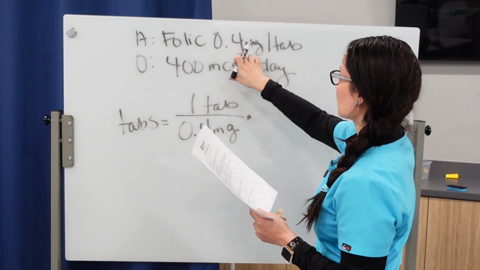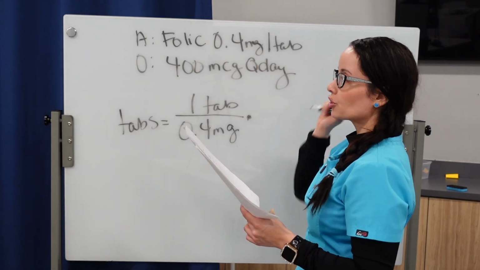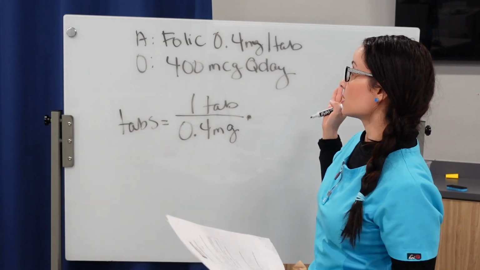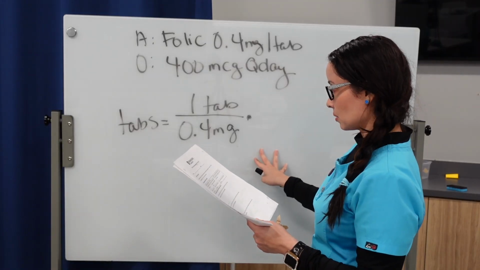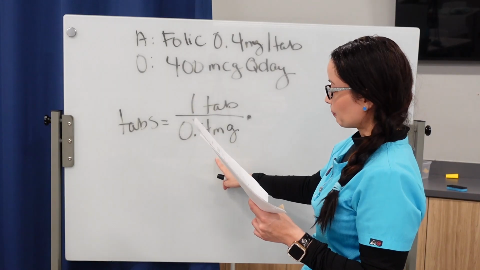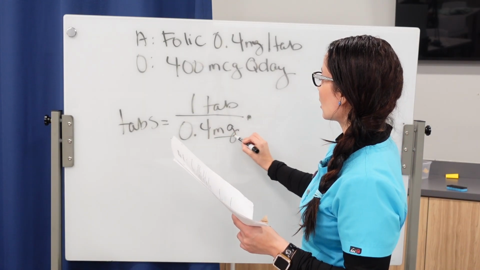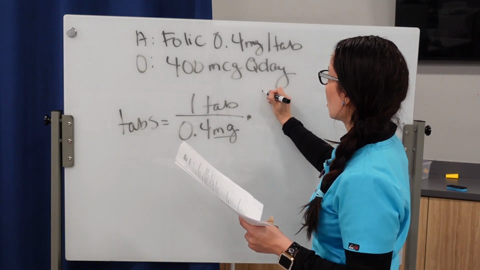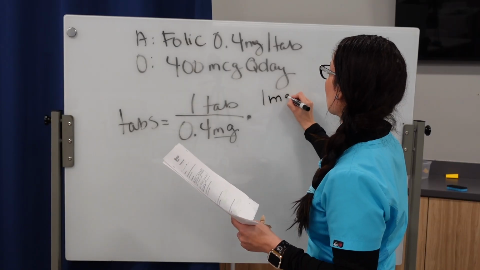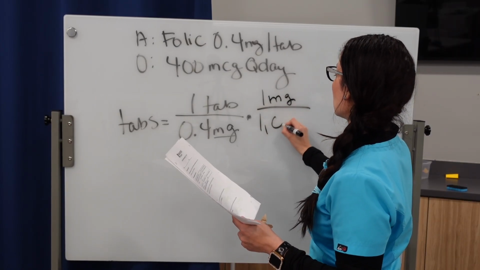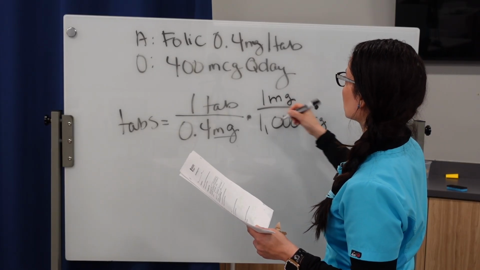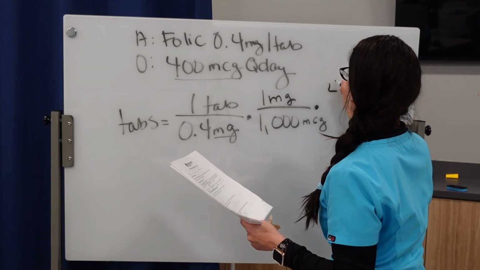So you see that there's different units of measurement. That usually means there's going to be a conversion. I'll show you dimensional analysis, how to convert within the problem. Sometimes I will convert before, because all it is is you move the decimal point 3 places, but let's just do it dimensional analysis. So 1 tab has 0.4 milligrams. Now, whatever's at the bottom goes up top. We need a conversion because we have no more milligrams. So 1 milligram is equal to 1,000 micrograms. And then times the last part of the problem, the 400